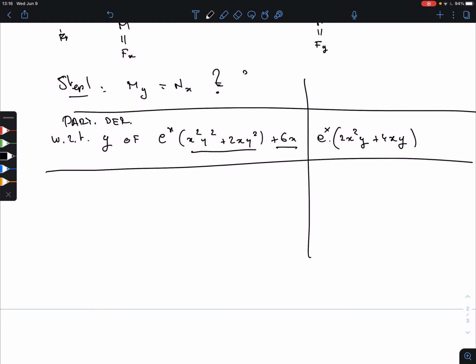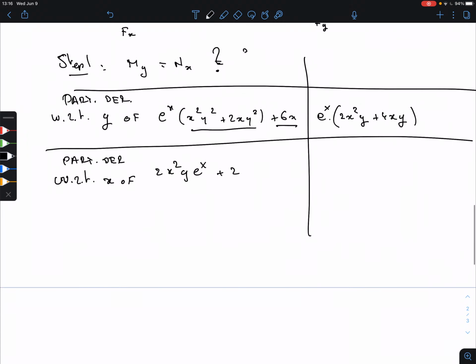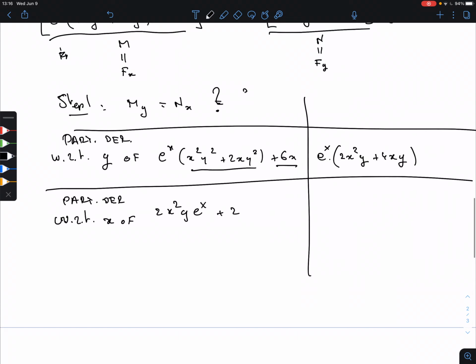Okay, that's the first one. Now we have to take the partial derivative with respect to x of the other guy, which is 2x squared y e^x plus 2. Okay, if I take the derivative of this, with respect to x,